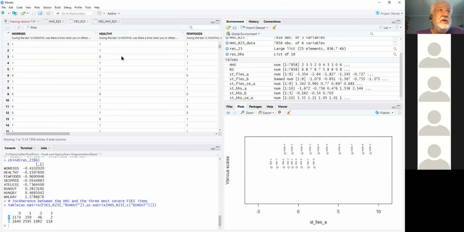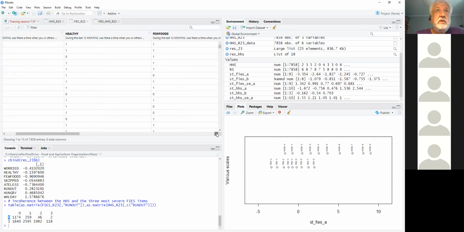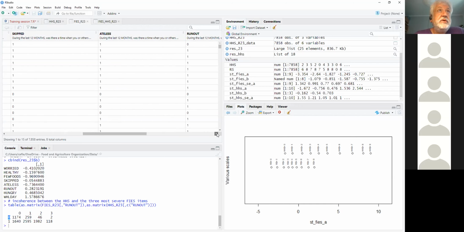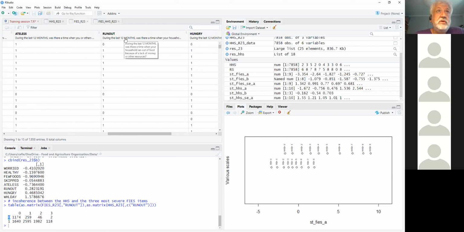So let's go back to the actual question. The actual question was, during the last 12 months, was there a time when your household ran out of food because of lack of money? And then there are